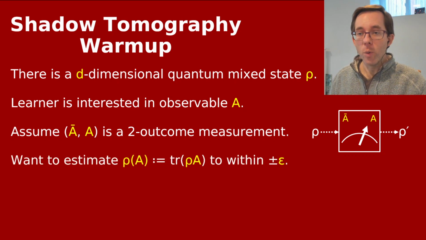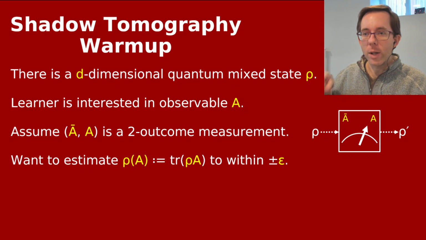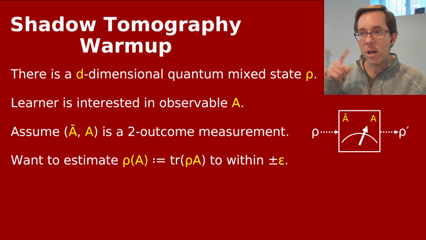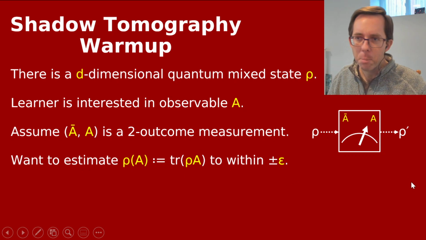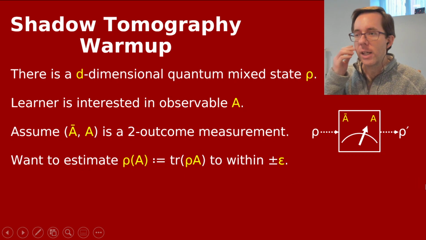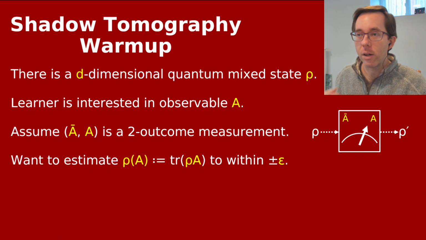And I'm going to write, this is non-standard notation, rho of A for simply the probability that your measurement outcome will be A if you measure the particles in state rho. Mathematically, this is the trace of rho times A. But you can just think of it as the probability of getting a measurement outcome A when you measure particles in state rho.